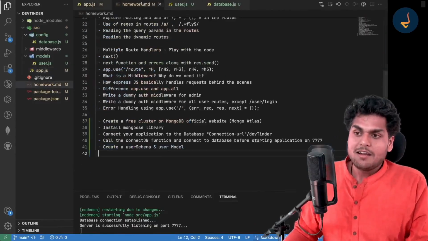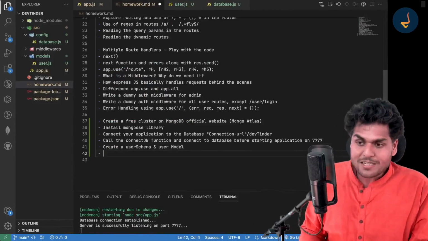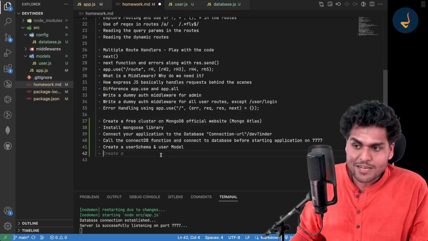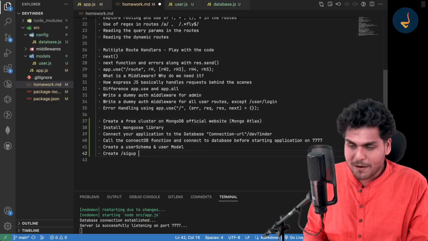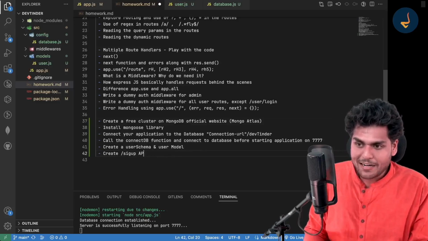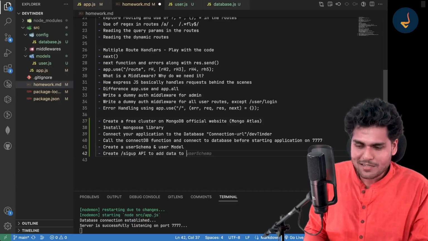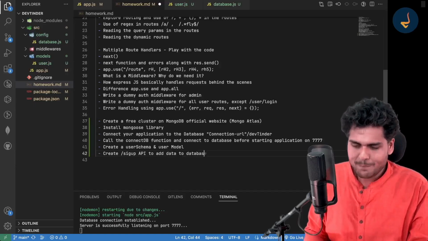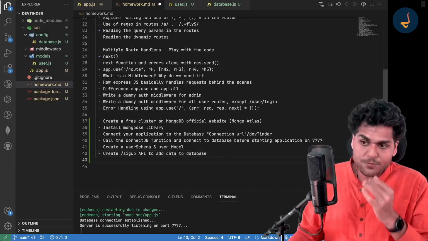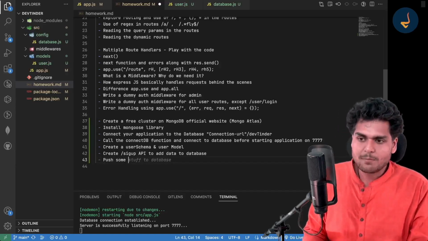And let me just add a few more things inside your homework. The first thing is, once you have created this user schema and user model, now you will have to create a /signup API to add data to the database. We have added the first data to the database, and then push some documents